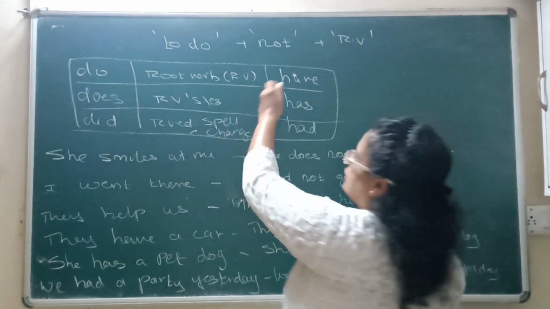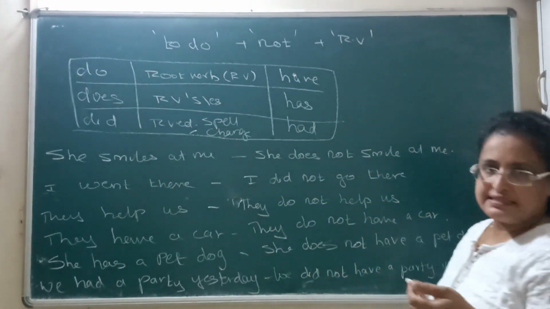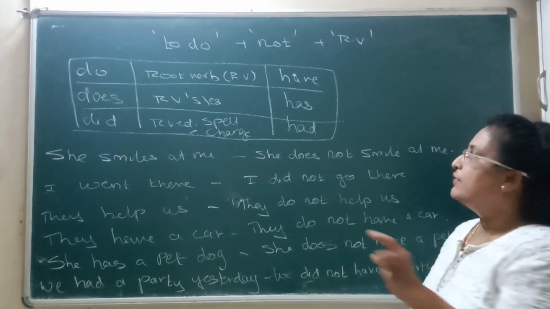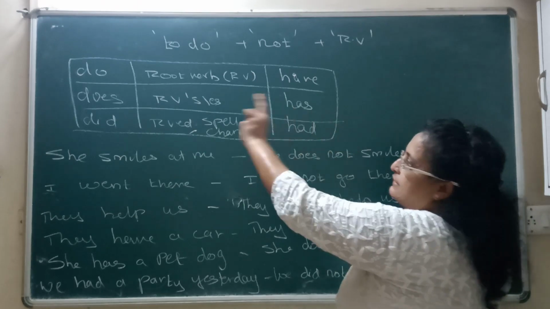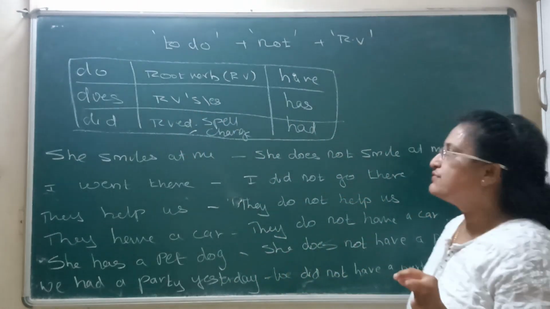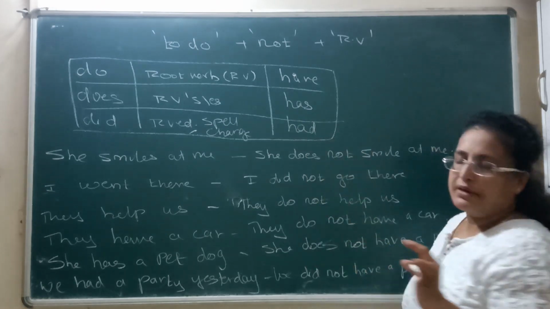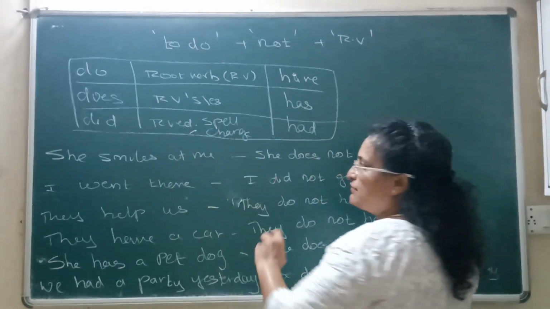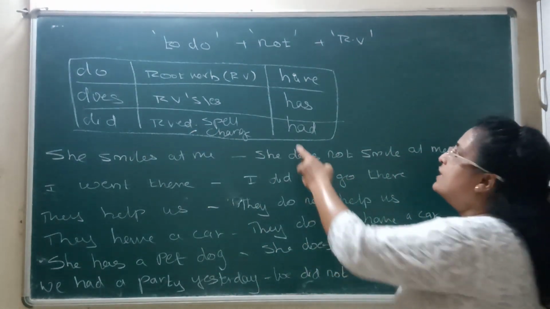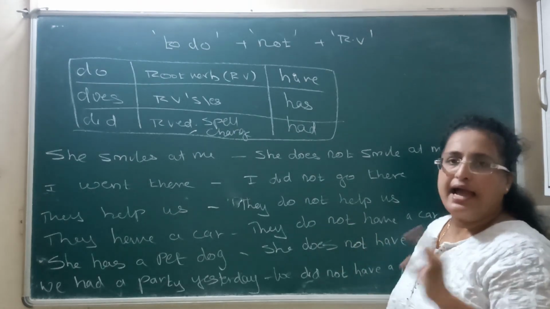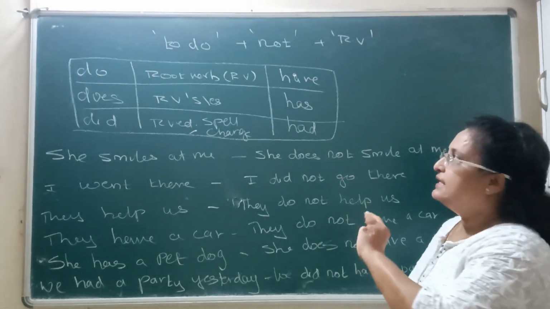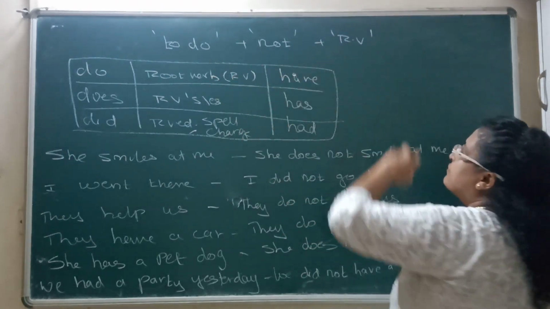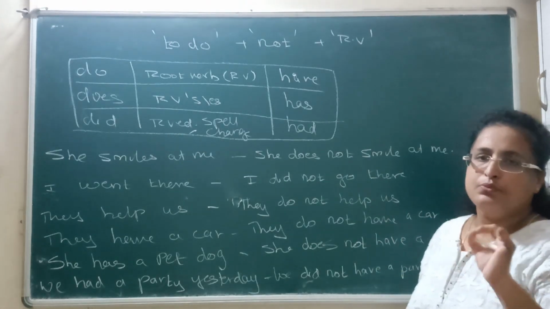So, this basic concept you please do remember for further sentences. Do is used whenever the verb is in root verb form, so the root verb have alone will remain. Does is used whenever the verb is ending with S or ES form, or you remember only a primary auxiliary verb used as a finite verb, as only has. Did is used whenever the verb is in the past form, the action verb in ed form, spelling change, or the past form such as had. And how to use the do form? Whenever you are using the do form with not, then the action verb will always be in the root verb form.